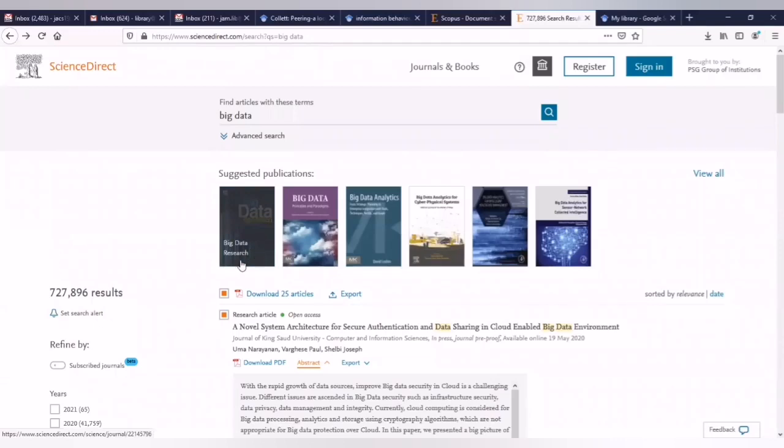So this is the way you can extract the results from a reputed publisher database, as well as from an academic search engine like Google Scholar and other citation databases such as Scopus. I think you are very clear about how to retrieve the articles. I told you from where, in which databases, you can retrieve the literature, and which methodology you need to adapt. That also I told you. So try to get good results and make your results authentic, and write your literature in your own way.